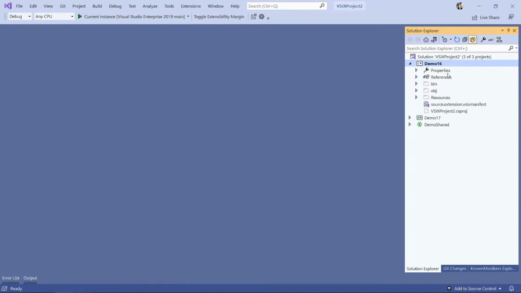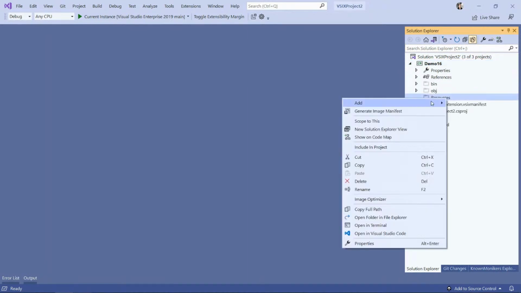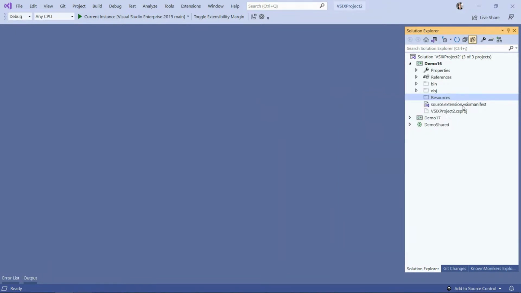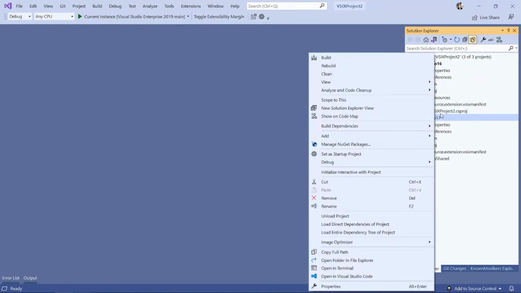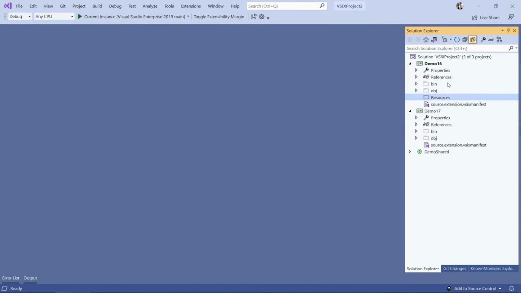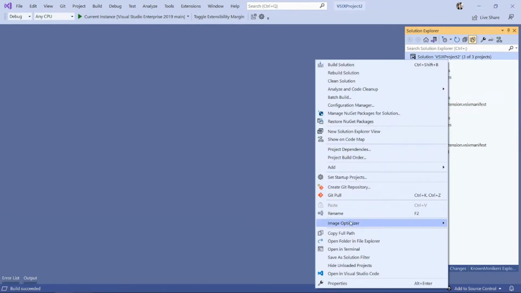So I'm going to go in here and resources, and let's try this again. Add. What is that about? See his proj file. That's bizarre. That is highly weird. What is going on here? Okay, let's do it. Do I dare delete this? Yeah. Like it didn't delete my CS proj file. Can I build it? Build succeeded.